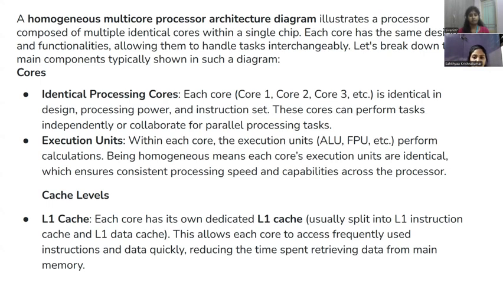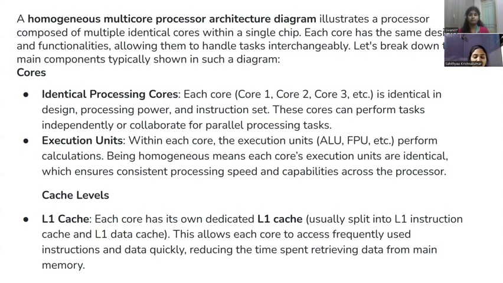Next, we have the cache levels. The L1 cache level to speed up data access. Each core is equipped with its own dedicated L1 cache. The L1 cache is often divided into two parts. The L1 instruction cache, which stores frequently used instructions, and the L1 data cache, which holds frequently accessed data. The purpose of having this dedicated cache is to reduce the time each core spends fetching data from main memory, which is slower. By having frequently used data and instructions at hand, the cores can perform computation faster